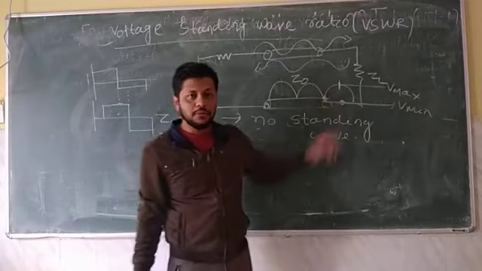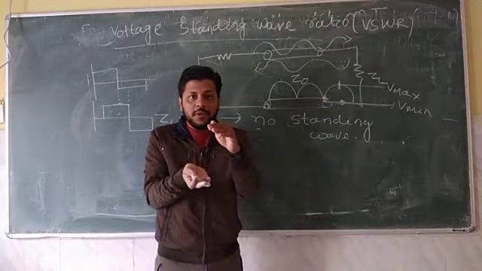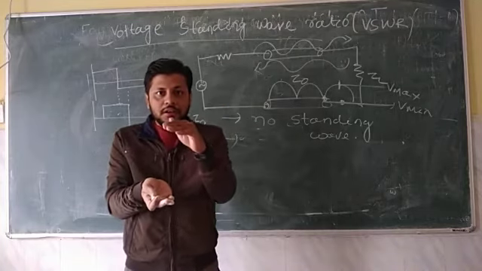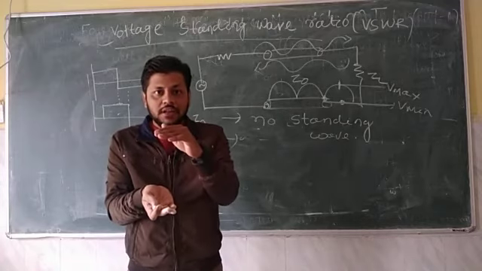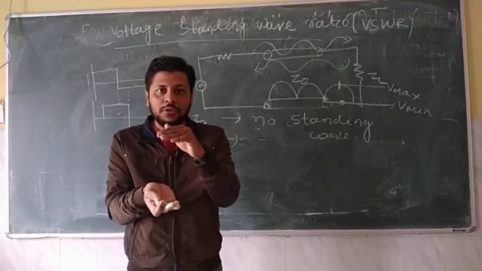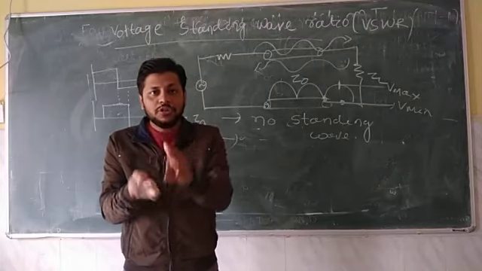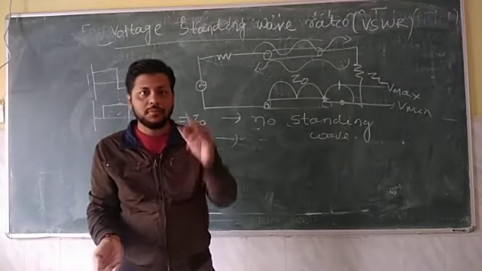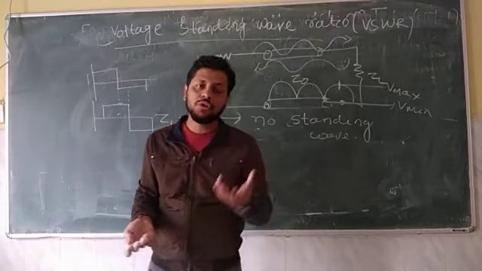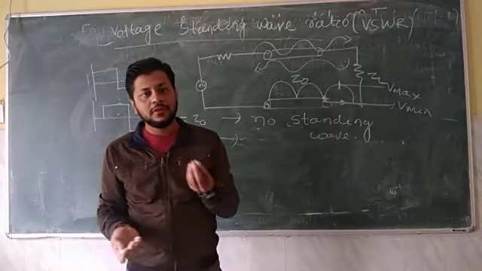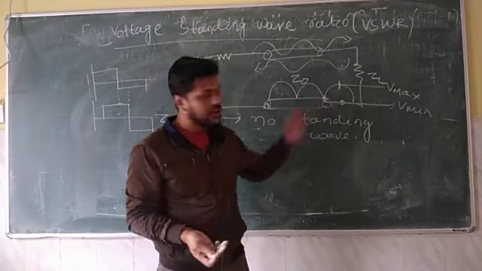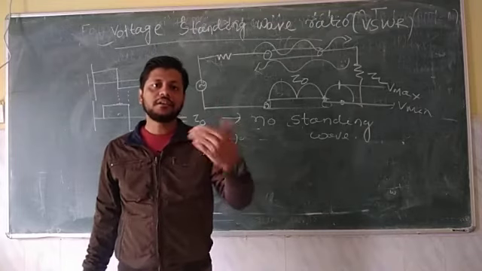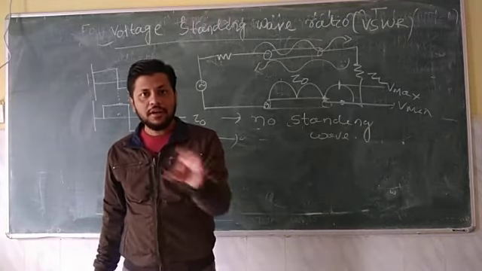So when will maximum be formed? When the incident wave and reflected wave are in the same phase and constructive interference is taking place. Constructive interference means both the waves are added up. In that case V maximum will occur in the standing wave. When both the incident wave and reflected wave are in the opposite phase, then complete subtraction will take place. For example, plus 5 added with minus 5, obviously we will get 0, and 0 is the minimum case. So that is denoted as V minimum. That occurs when destructive interference takes place.